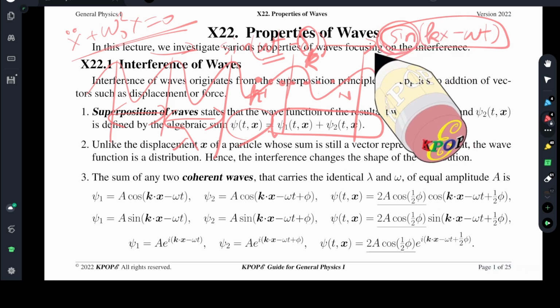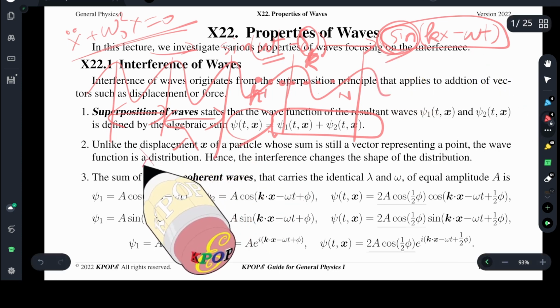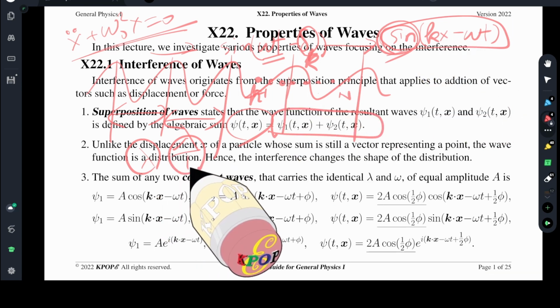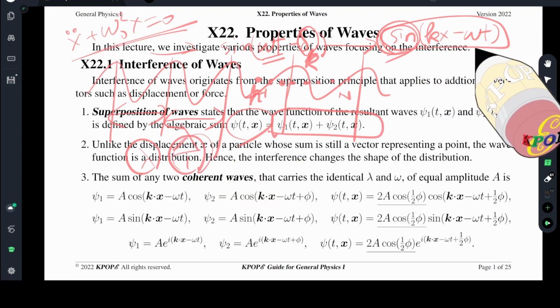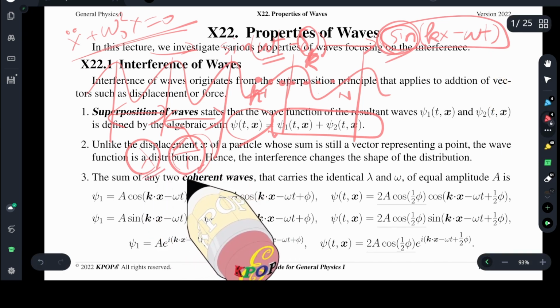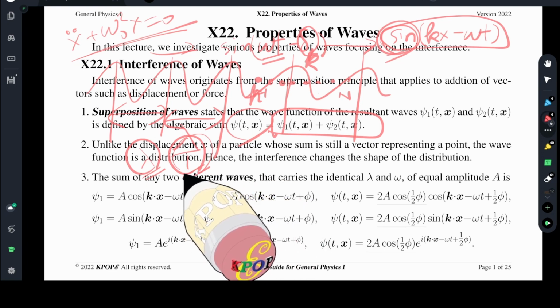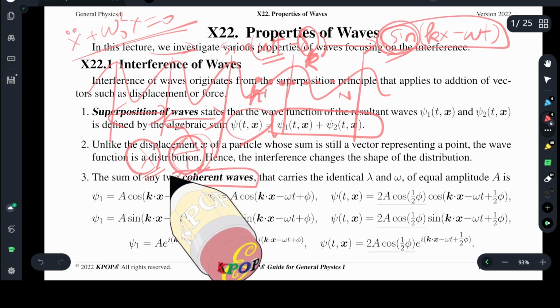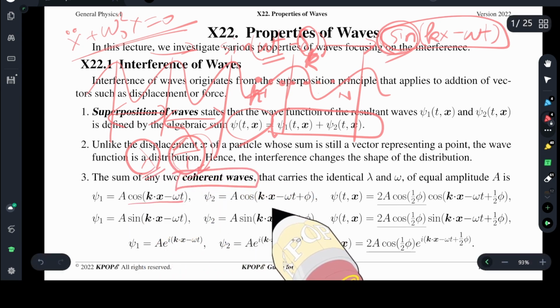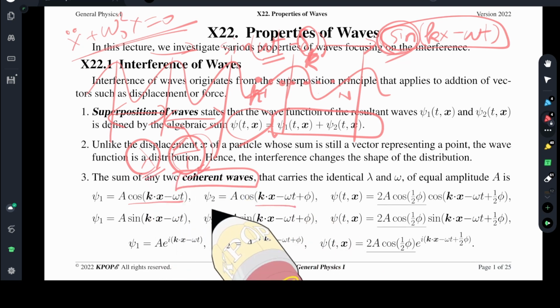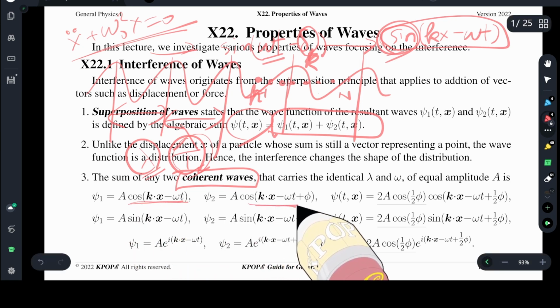So in case we have lambda and T, lambda is the period in space and T is the period in time. If both lambda and period are identical, it is a constant. In that case, we call them coherent waves. If two waves are of equal wavelengths and of equal frequency, then we can make use of the simple relations for